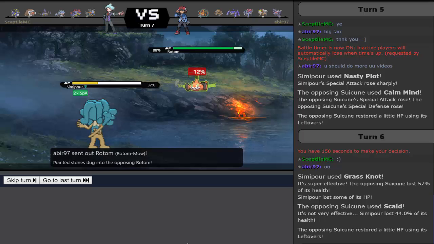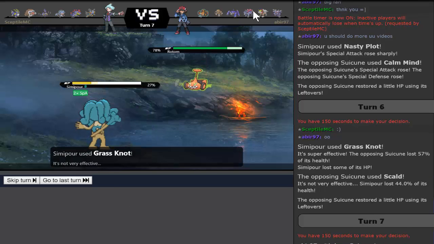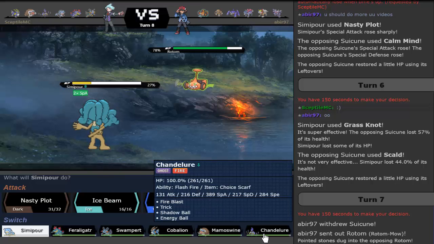The Rotom is an obvious switch, yes, but I'm not gonna Ice Beam a Suicune. And also, we can save this thing still. We can get a lot of damage off on something with it, as well as counter the Suicune for the most part, because the Scald will do 22% to us. I'm just going to go into...